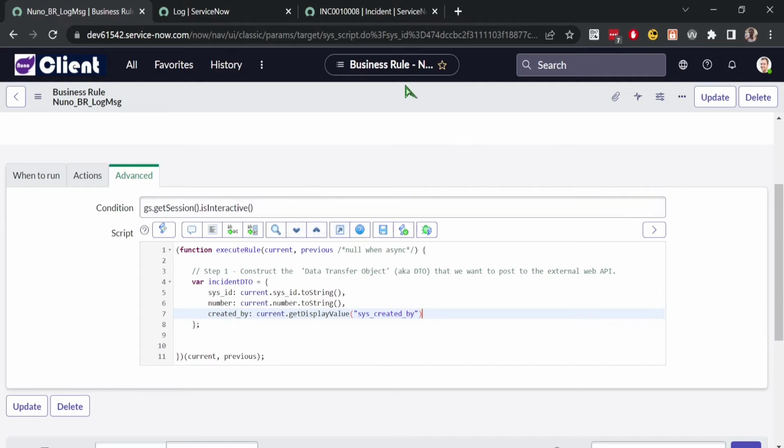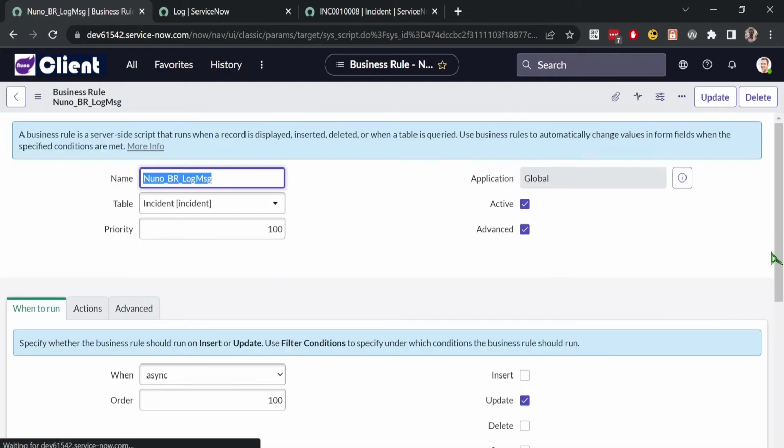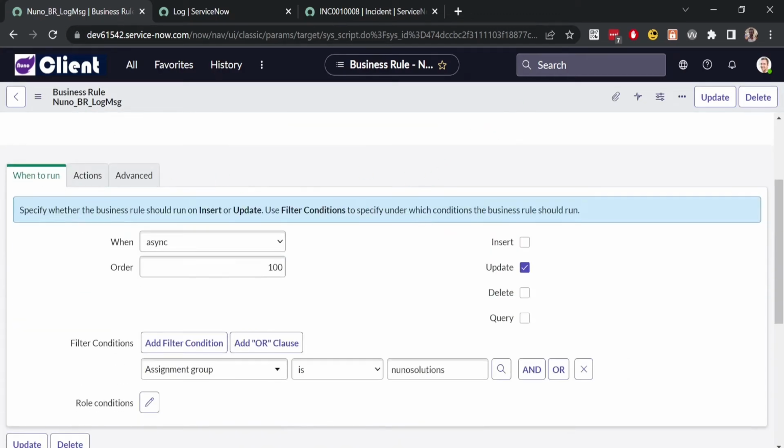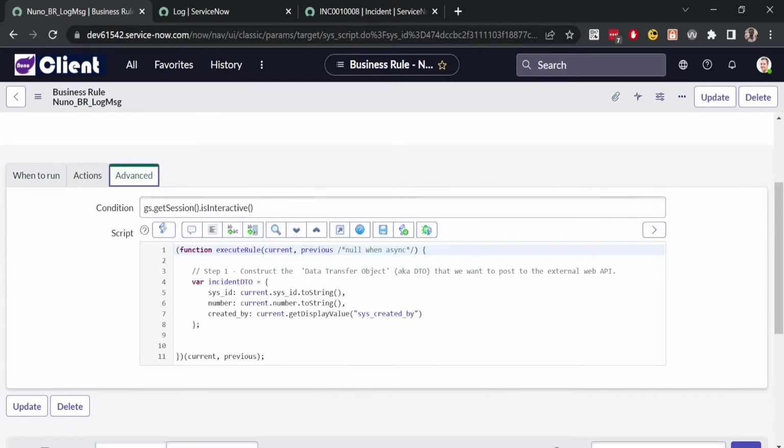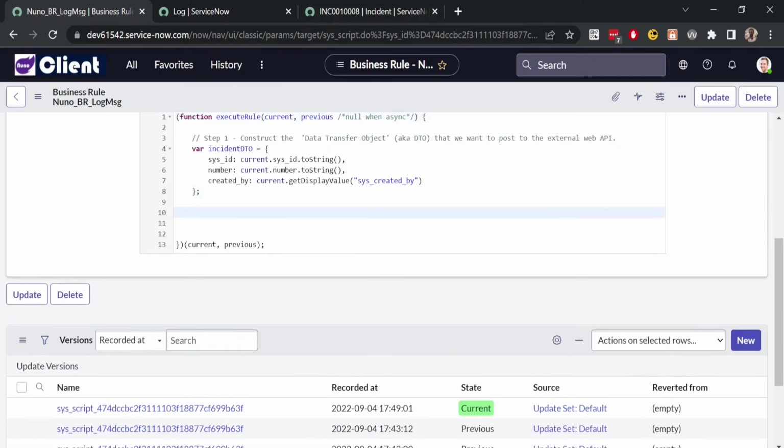Now I'm actually going to right click the top here and hit save because I don't want to lose our changes. So step one was create the business rule, apply the condition, and then create our data transfer object within the advanced tab of the script. And then obviously this thing here. So now that we got step one out of the way, step number two is going to be